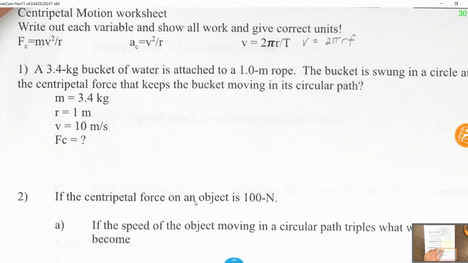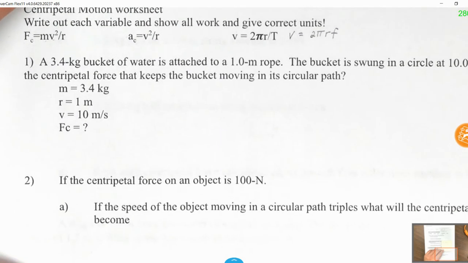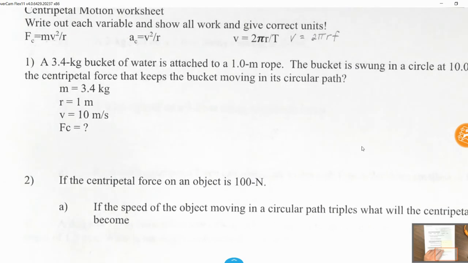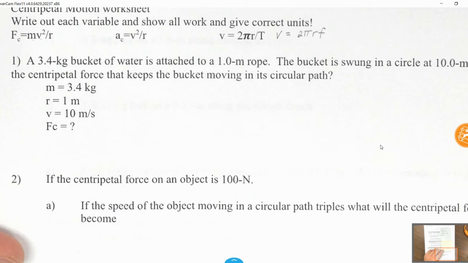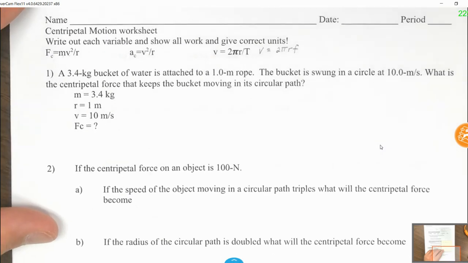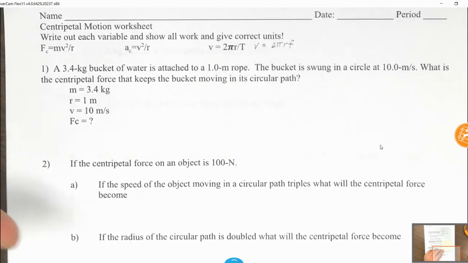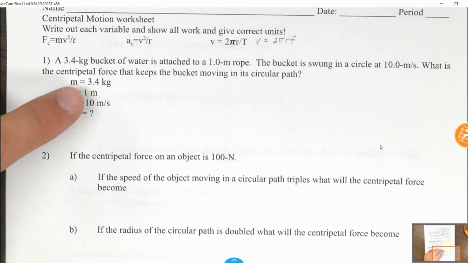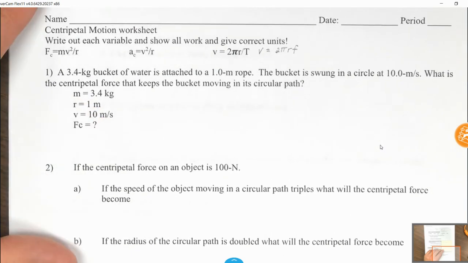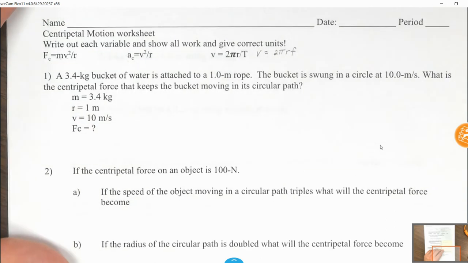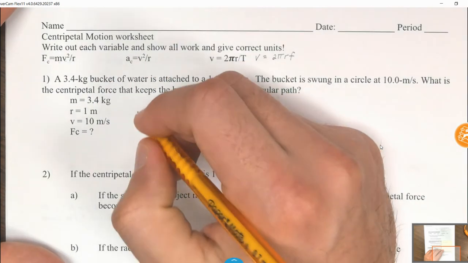So the first thing, you have a 3.4 kilogram bucket of water that is attached to a 1 meter rope. This bucket is swung around in a circle at 10 meters per second. They want to know what the centripetal force is on the bucket to keep it moving on its circular path. So you have a mass, you have a radius, and you have a velocity. So to solve for centripetal force, your equation,